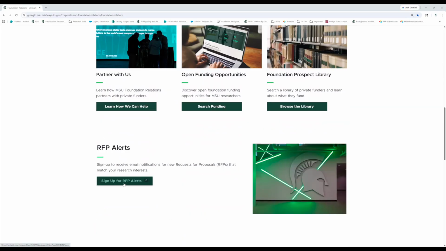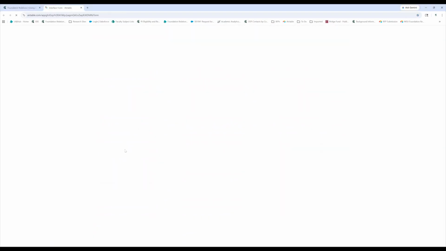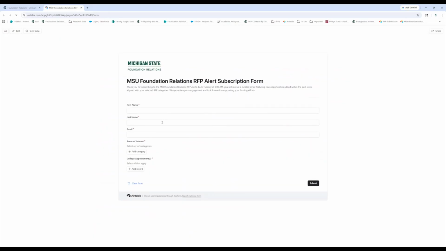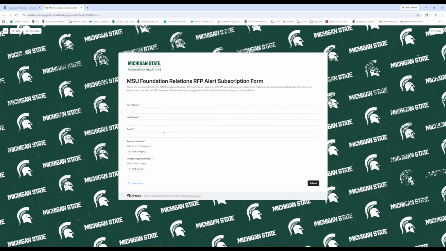Highly recommend. I'm going to show you this first because I feel this should be your first stop. If you sign up for an RFP alert, it's going to ask you some basic information. First name, last name, email, and then up to 5 categories of areas of interest. So if you think there's some intersectionality to your work in other areas, you can select up to 5. And then your college appointments, just so that we know who you are and where you came from.